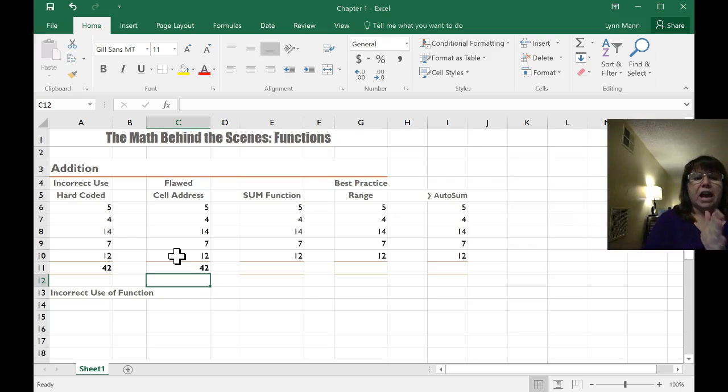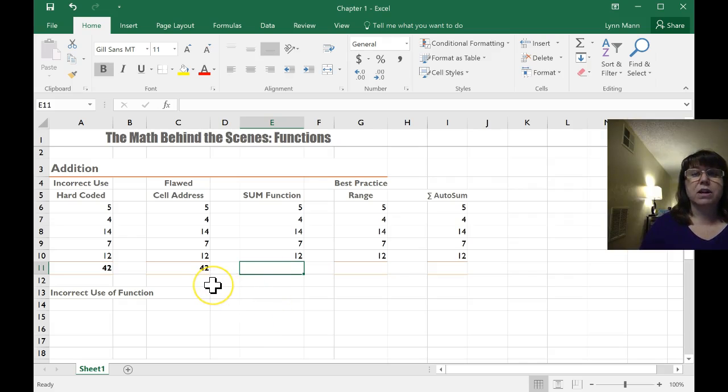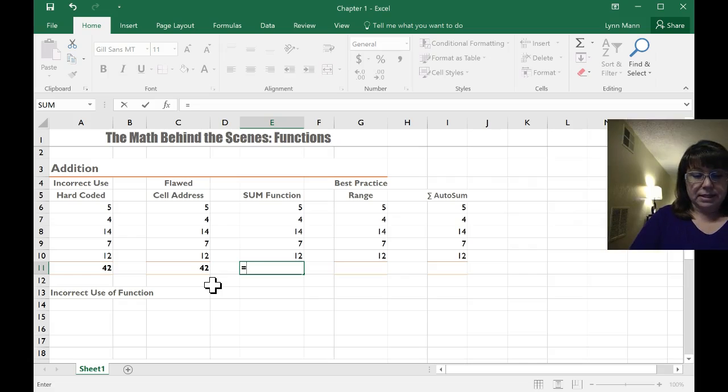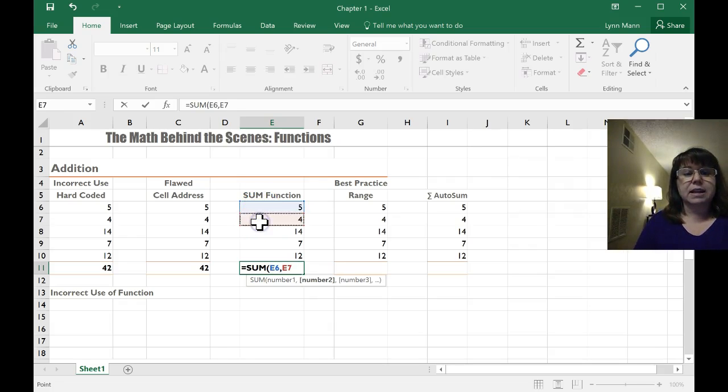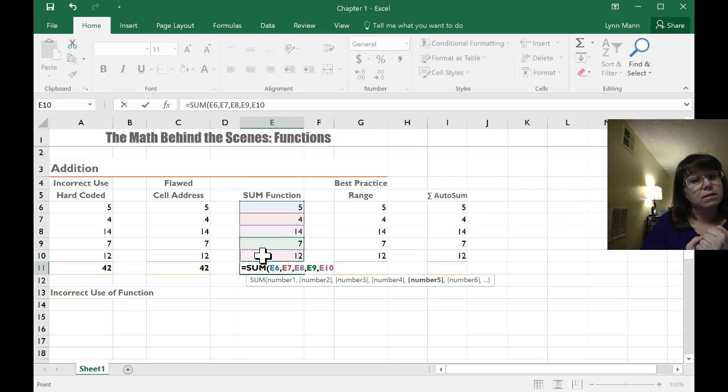The next way I could calculate these values is using the same type of cell addressing, but using the sum function. Okay, so Excel, instead of putting these plus symbols in there, I'm going to tell Excel use this function called sum. And it's going to be equal sum, open parenthesis, and then it's going to start asking for numbers. So it's the first number, comma, the second number, comma, the third number, comma, the fourth number, comma, the fifth number. And I am referencing the cells, so I'll explain why I'm doing that in just a second, but it will be sum,